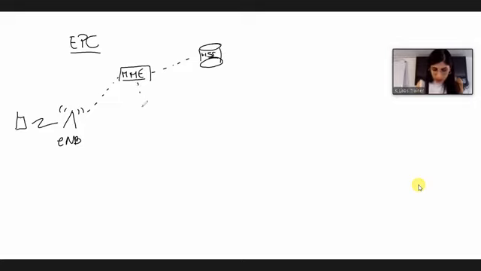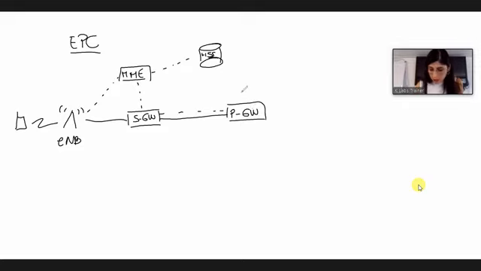And the MME also communicates with the serving gateway. But the serving gateway also communicates with the eNodeB. And the serving gateway exchanges user plane and control plane with the PDN gateway. The PDN gateway exchanges control information with the PCRF for the policy control function. But the PCRF has to communicate also with the serving gateway and also with the HSS. So this is the basic structure of our 4G core network.